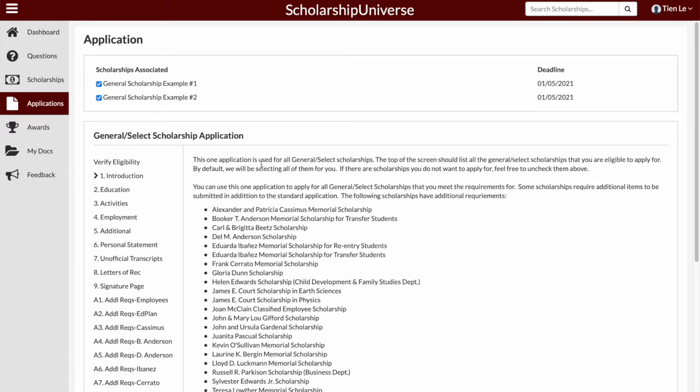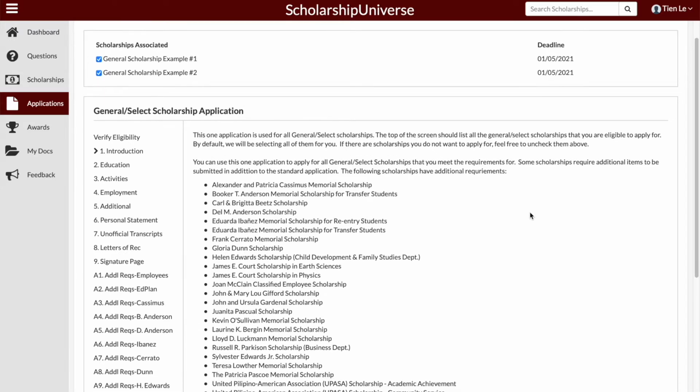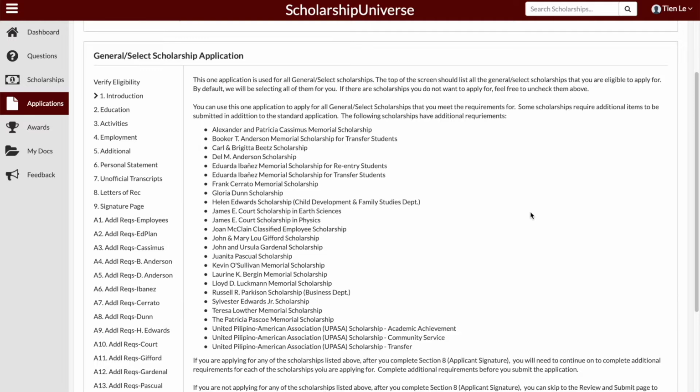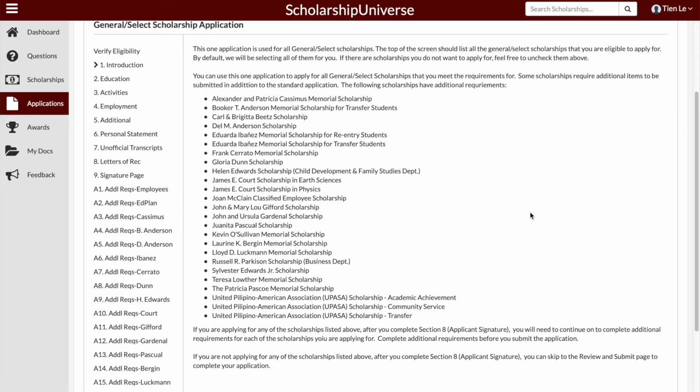This 1 application is used for all General Select scholarships. At the top of the screen, you should see the list of all the potential scholarships. By default, we select all of them for you. If there are scholarships you do not want to apply for, feel free to uncheck them above. So again, you can use this 1 application to apply for all General and Select scholarships that you meet the